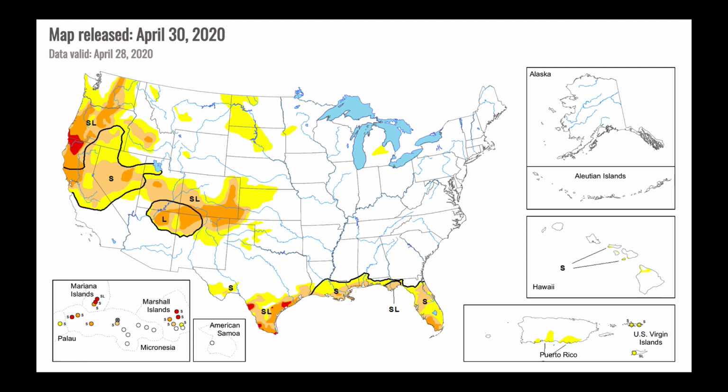This is what was released yesterday. And the issue when we get to this time of year is with the natural drying down of things. The drought that we see in the western part of the United States will persist over the next 5 months regardless, just simply because of how dry things are normally. So usually drought at this point can only get worse. So when you see this particular map, these are going to be the areas we're going to have to watch very, very carefully.